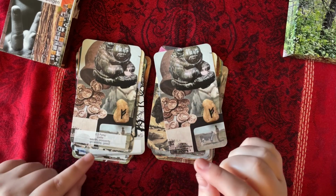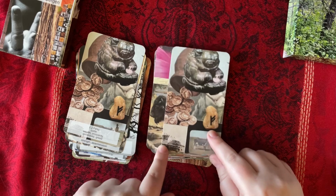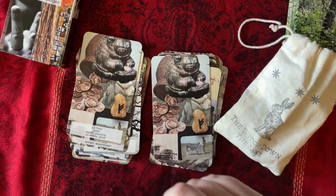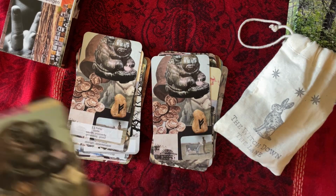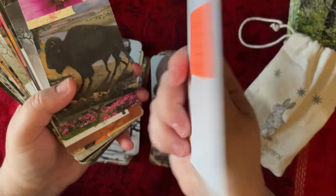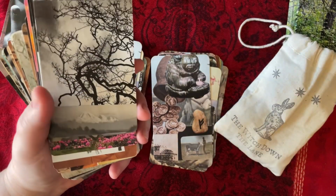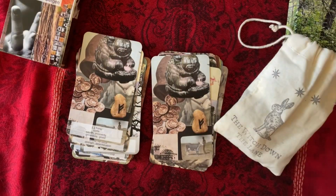because one set has the keywords, the names and the keywords, and the other set just has the rune and the collage. So basically what I did, and I've still got to finish these, as in put a finish on them so they actually don't fall apart, because they're starting to a little bit, is I made collages on these cards, and then from my notes, reading a couple of books about them, Call of the Runes mostly, picked some keywords,